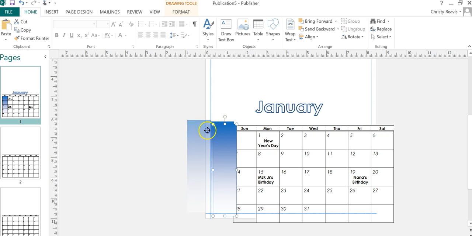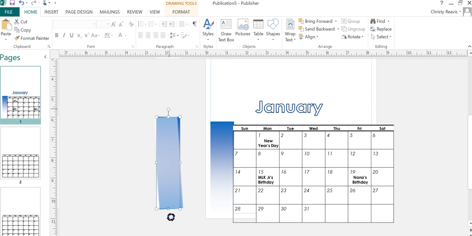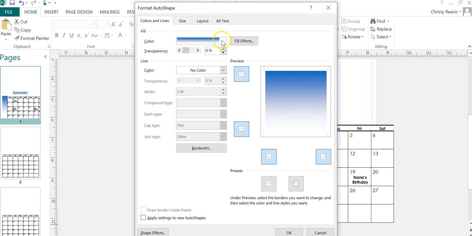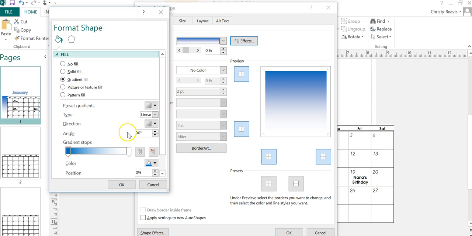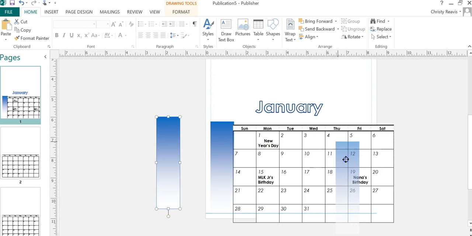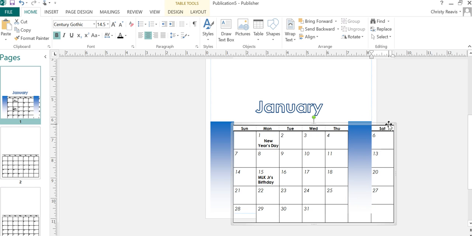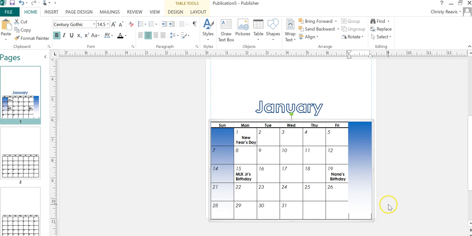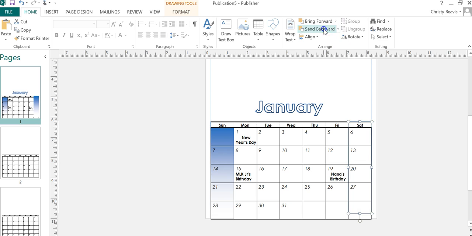Now, what I would do is if I picked one pattern that I liked here, I would actually just copy and then paste another, and then I'm going to flip it. And of course, because I flipped it, it got angry, let me go back into Format Auto Shape. I want to flip the colors, though, where we see the blue on the bottom and then bleeding into the white on the top. So if I can change that and then drag it over and then place it right back on top, what we can do is get a better effect. And when we do this for just the, and I know I've messed that up a bit, but if we do this for just the months,